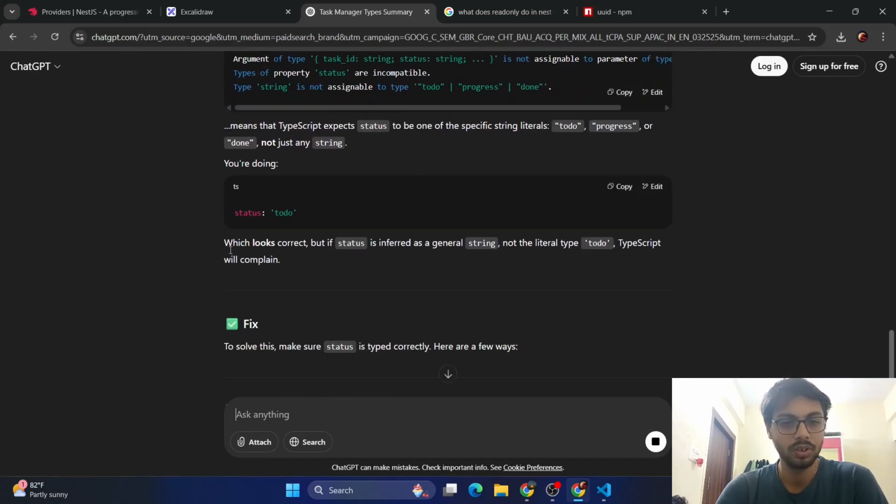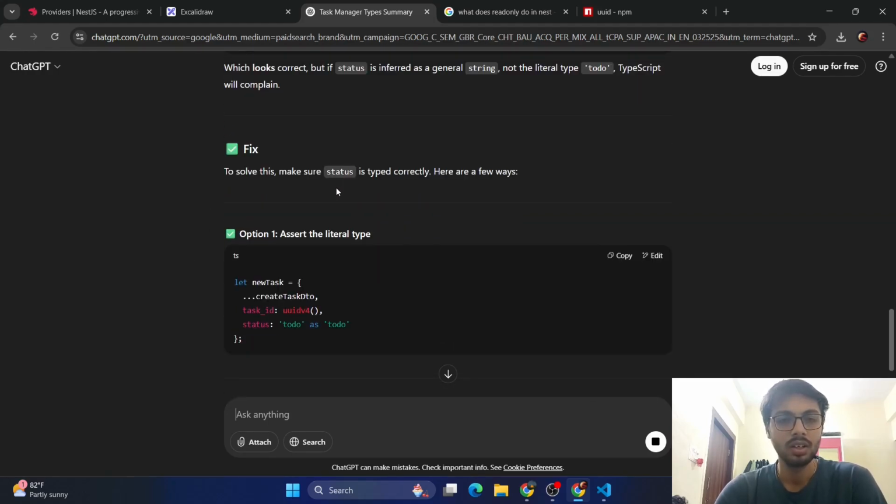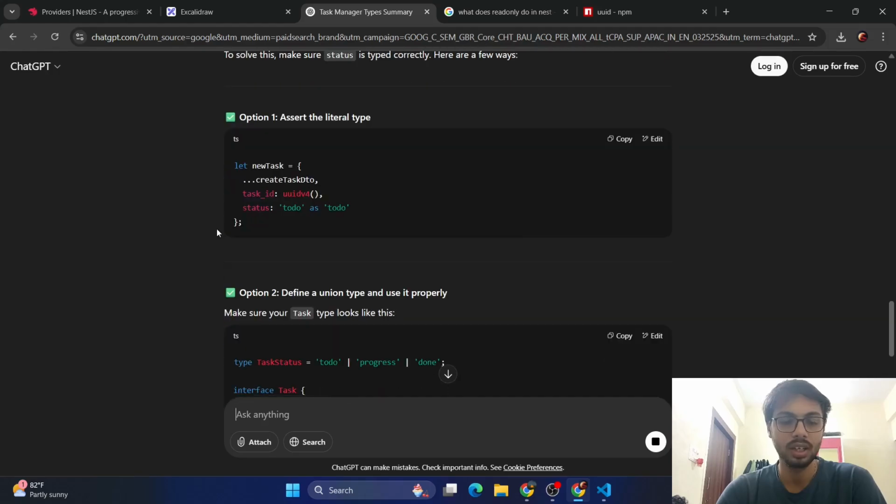Understood. We are doing which looks correct, but if the status is inferred as string, make sure status is typed correctly here. A few ways. Use the literal